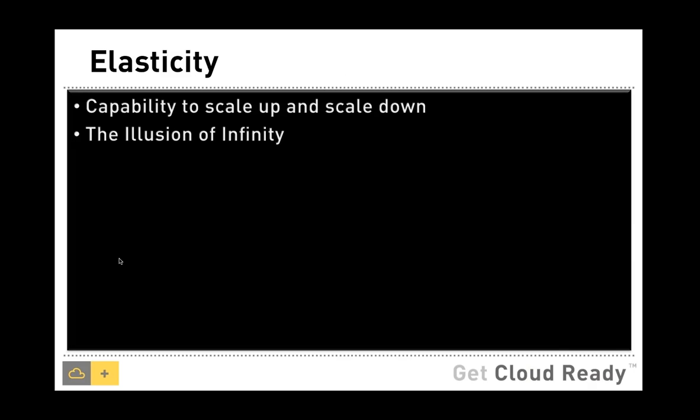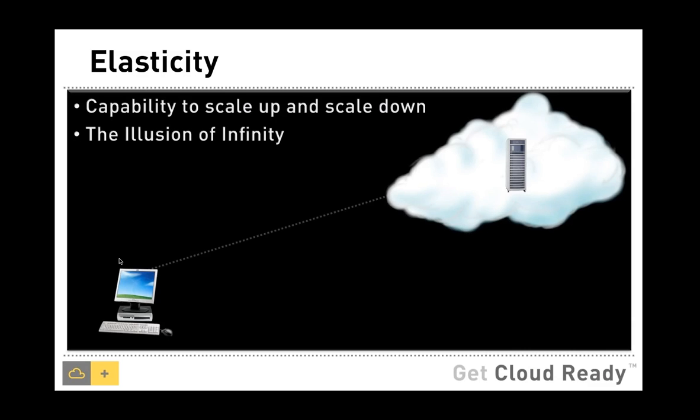So the elasticity capability is the ability to shrink and expand, right? This actually provides what is called as the illusion of infinity. So this is an example of what really happens when you try to book your Tatkal ticket during the morning hours. Between 7:45 a.m. and 8:30 a.m. when you're trying to book your ticket, there is a lot of load on the servers, a lot of burden, and the servers give up.